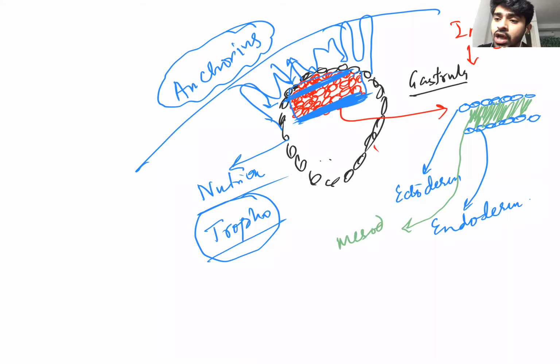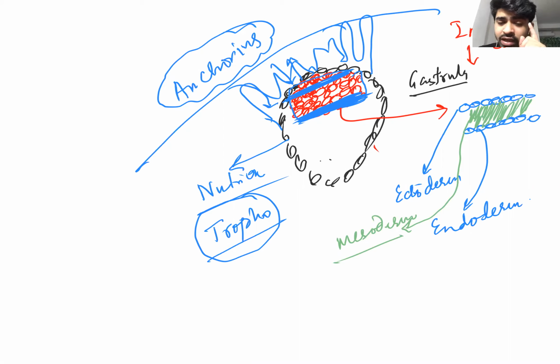And the last to form among the germ layers is the mesoderm. So all the cells of the inner cell mass get arranged as ecto, meso, endo. Why do I always mention it this way? Because this is the order of formation. Ecto and endo form simultaneously, and meso forms last. So ecto, meso, endo is according to the arrangement, and ecto, endo, meso is according to the order of formation. And this is an MCQ, that meso forms last.